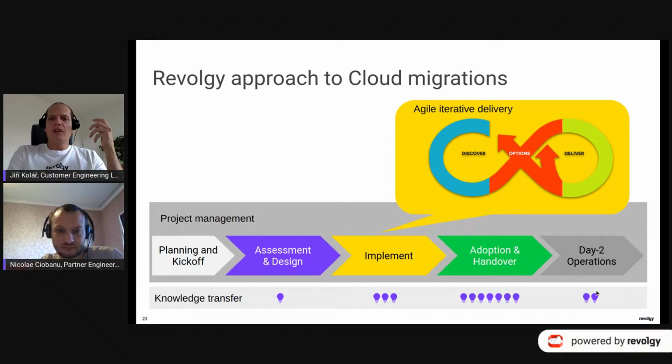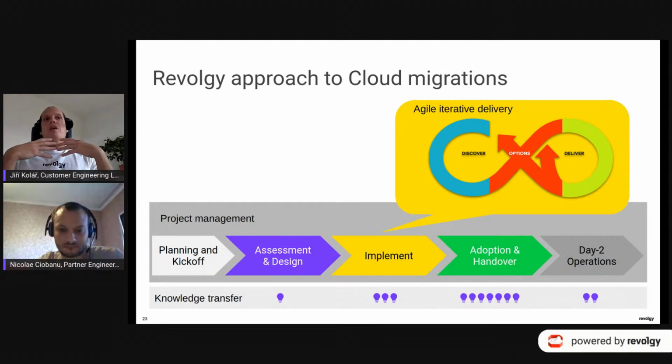And then of course comes the day two operations, and that's very much up to you whether you prefer us to actually operate the apps. We can do it, as you know, we are doing managed services, or it's also possible you can of course operate the apps on your own and we can just help you and give you some advice on how to do that, right? So this was about the migration process itself. That's how we approach it, right? Of course, every migration is a project and every customer is unique. So we very much tend to try to understand the customer needs, right?